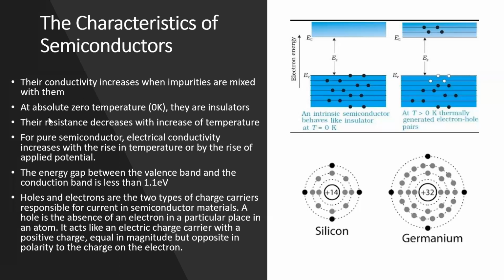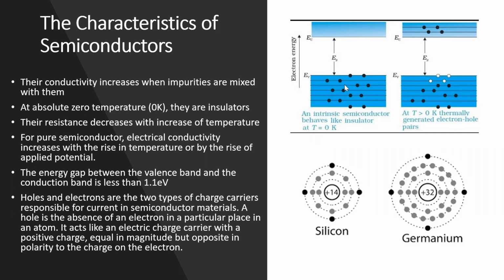Then we say that at absolute zero temperature, they are insulators. So here you can see the picture of the energy band of a pure semiconductor. A pure semiconductor, which is also called an intrinsic semiconductor, behaves like an insulator at T equal to 0 Kelvin. That is, the absolute temperature is 0. So when the absolute temperature is 0, all the electrons in the atoms of a pure semiconductor will be in